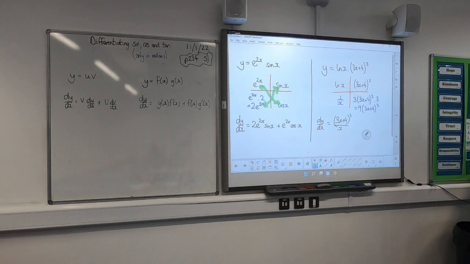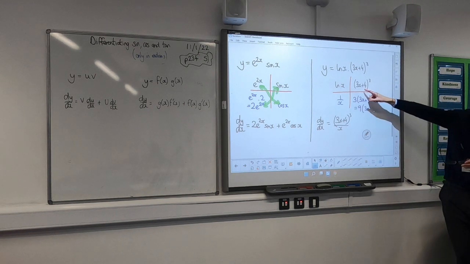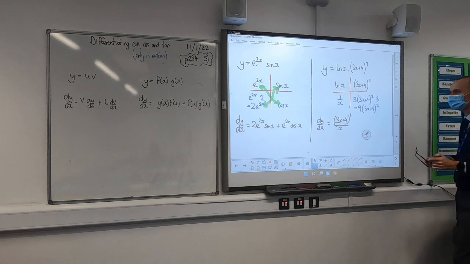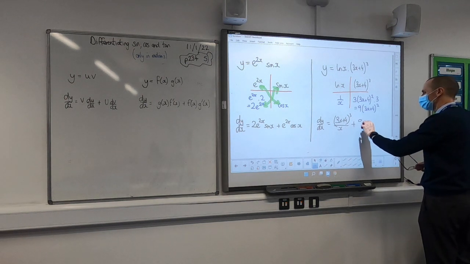Happy with that? So 1 over x times that is the same as that over x. Think of it as a fraction multiplication sum of this being over 1. And then the second term, I'd probably write